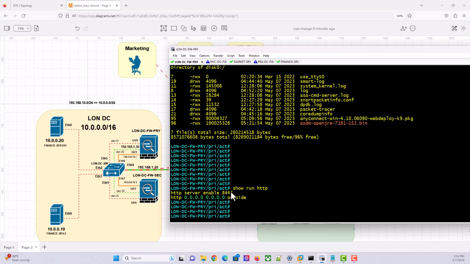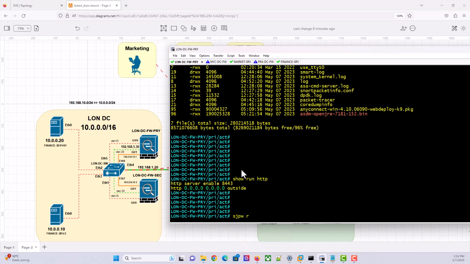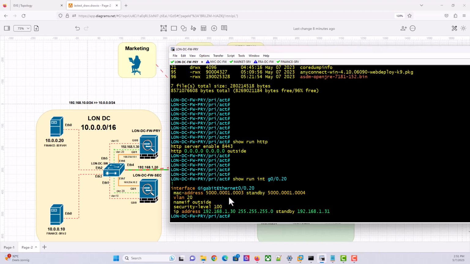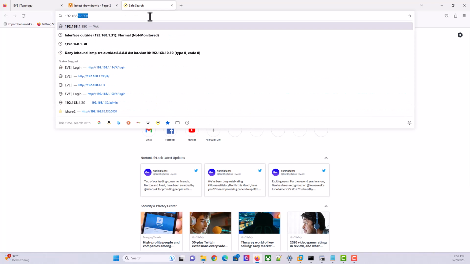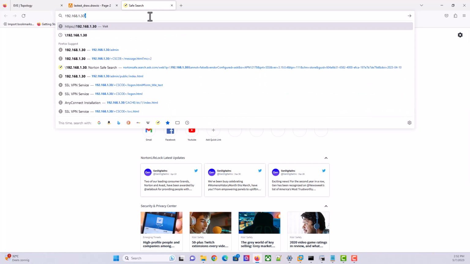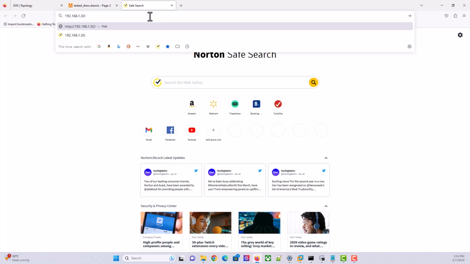So what we just need to do now is to pick up our browser and connect. The IP of the public interface, you should know that by now. I'm using 192.168.1.30. So I'm just going to put that here, 192.168.1.30. Now since we are putting it on port 8443,